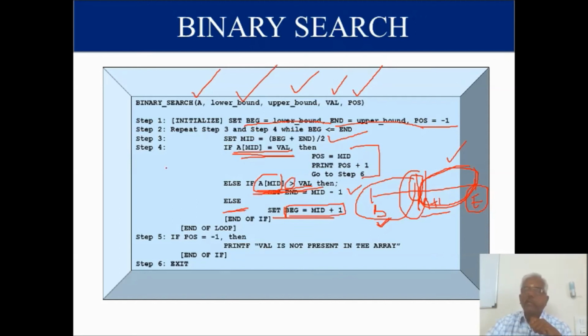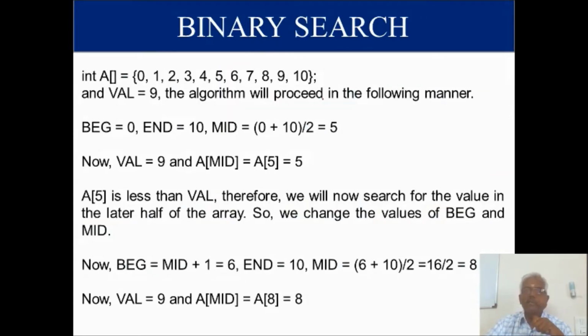When we come out of this while loop, if my position is still minus 1, I can say the value is not present in the array. We are going to see one example. So this is my array. We are going to search the key value 9. It is in sorted order. In case in an examination they give unsorted elements, first you make it sorted and then you have to perform the binary search. That is very, very important. If it is already in sorted order, you need not do anything. Otherwise you have to sort and then proceed.